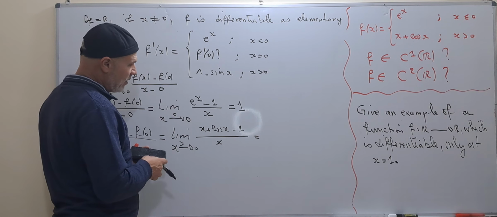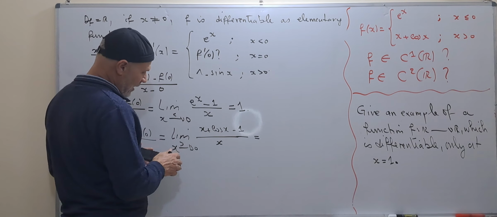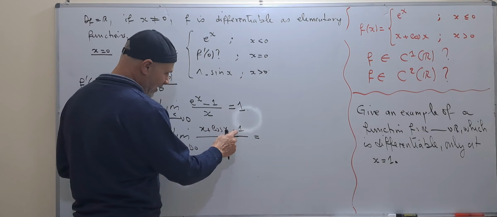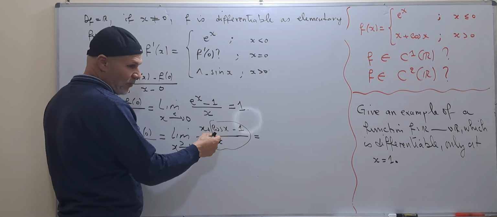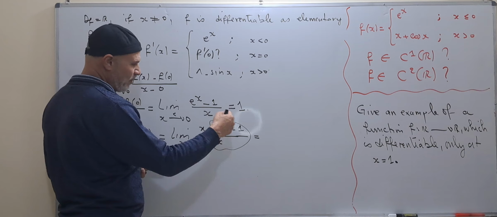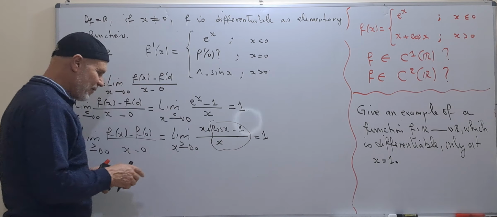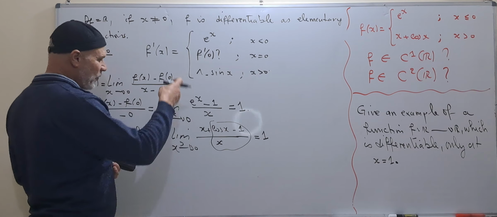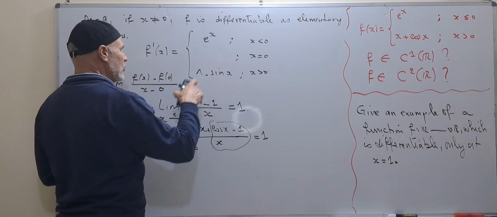We can use L'Hopital's rule. We can divide: from one side we take x over x, which is equal to 1, and from the other side we take cosine x minus 1 over x, and cosine x minus 1 over x is the derivative of cosine at the point 0, so we take the derivative, which is equal to minus sine applied at x equal to 0, so this is equal to 0, and the total is 1. I think that we have here at least three different ways. So from the left and from the right they are equal, then we can write that it is equal to 1.